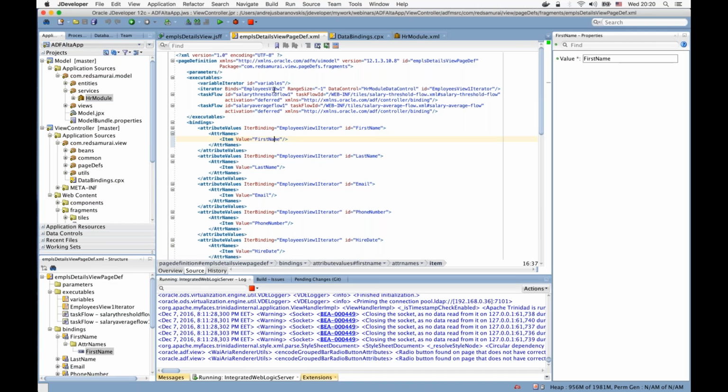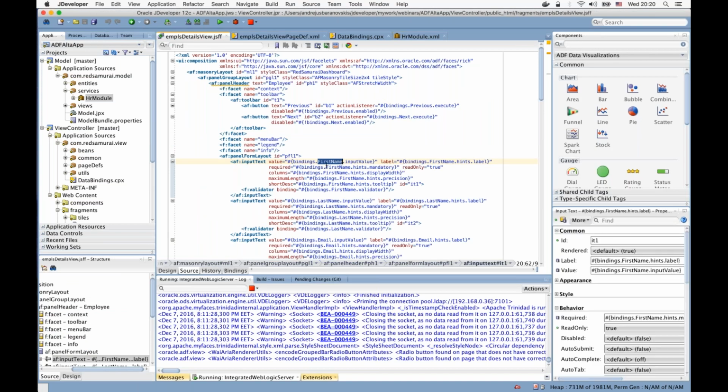And so as soon as the first row is being fetched from the iterator, the attribute is being fetched, the binding was initialized, and then this Java object is placed in the bindings memory, the binding scope, so-called, and then control is returned back to the expression. So in this case, the first name attribute object is constructed in memory, and this object is of type control binding,